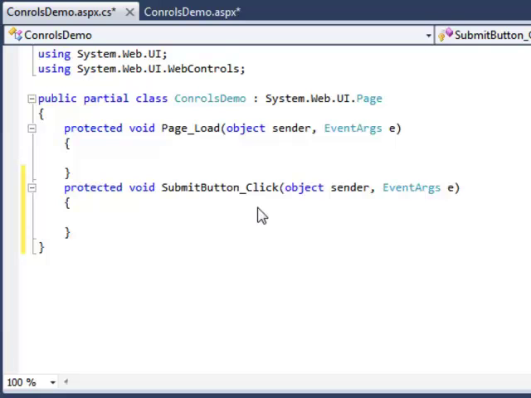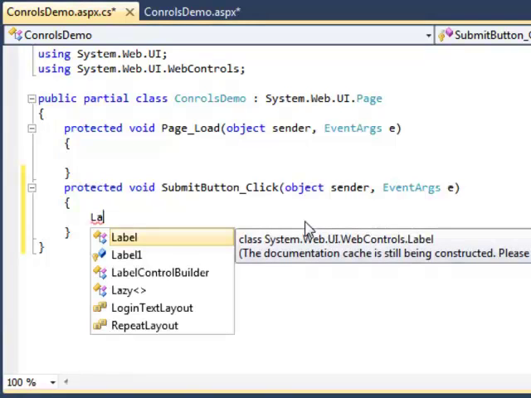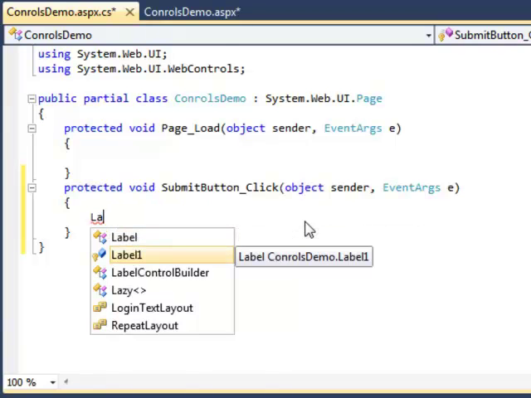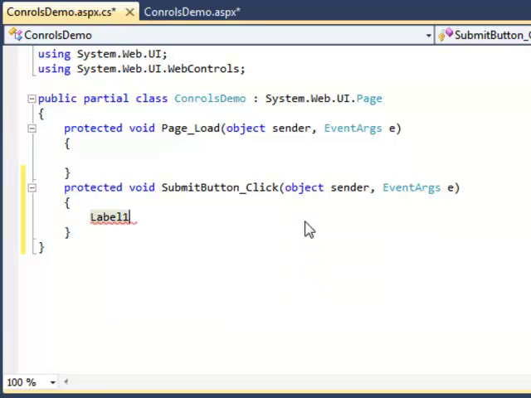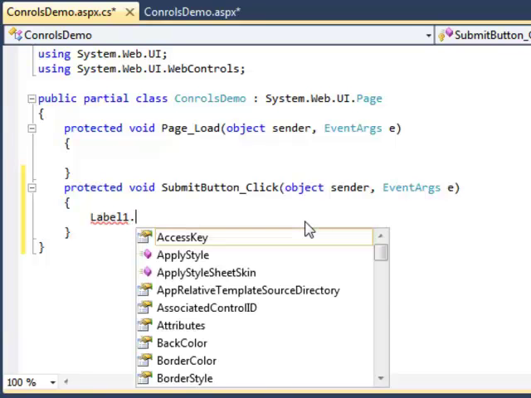The idea here is to take the text from the text box once I click on the button in the page, and copy this text in the label's text. So as I said, I need to use the ID of the label because I'm programming against it, and the ID of the label is Label1, and the IntelliSense automatically sensed it and gave me the option. So I want to put some text value within the text of Label1. So I type in Label1 and I press